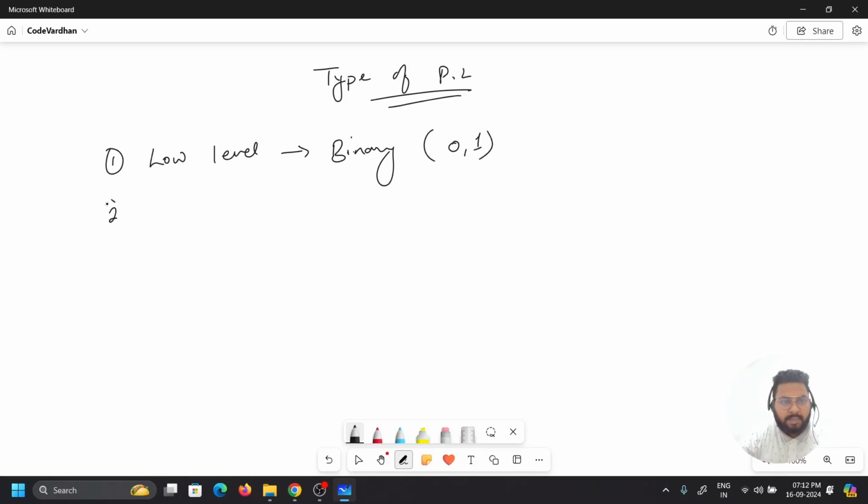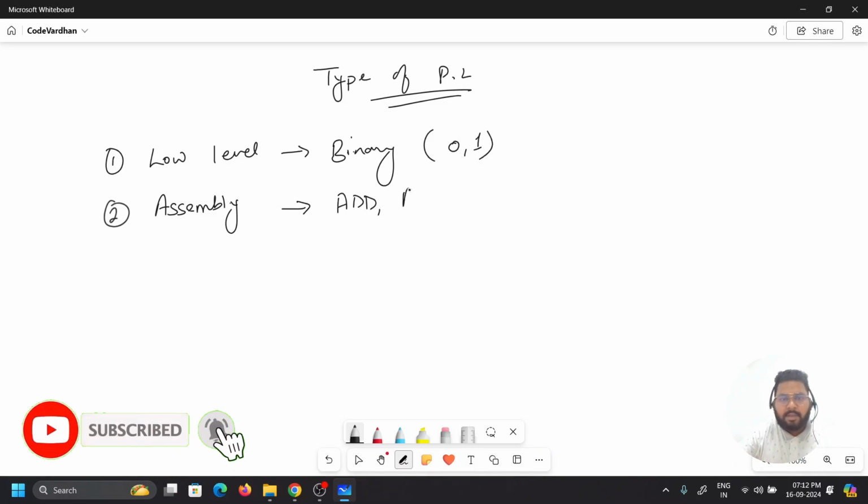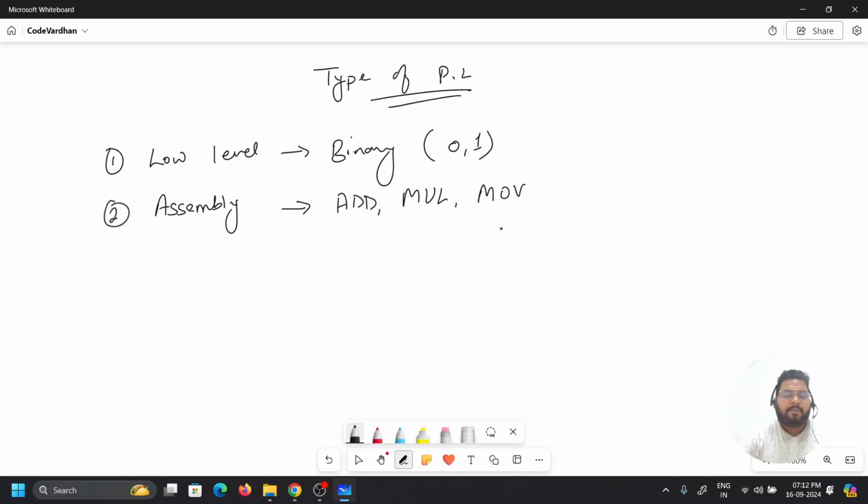Second, we have assembly language, in which we have taken some of the binary codes and converted them to easily readable code. For example, we use add, mul for multiply, mov for move, and so on.